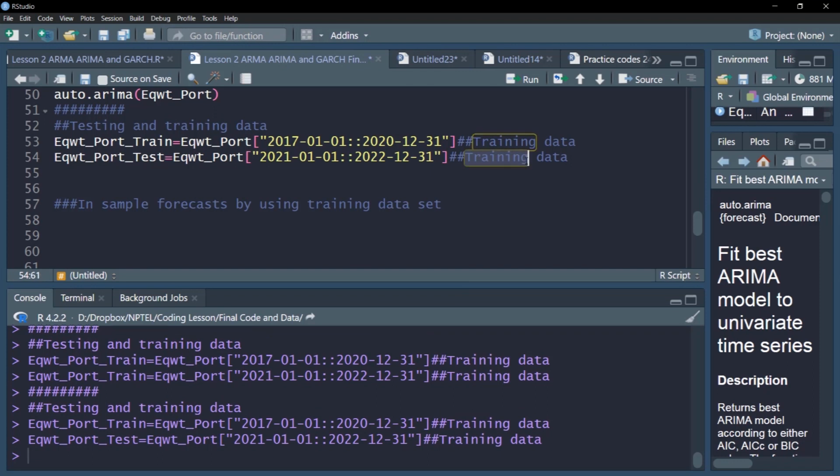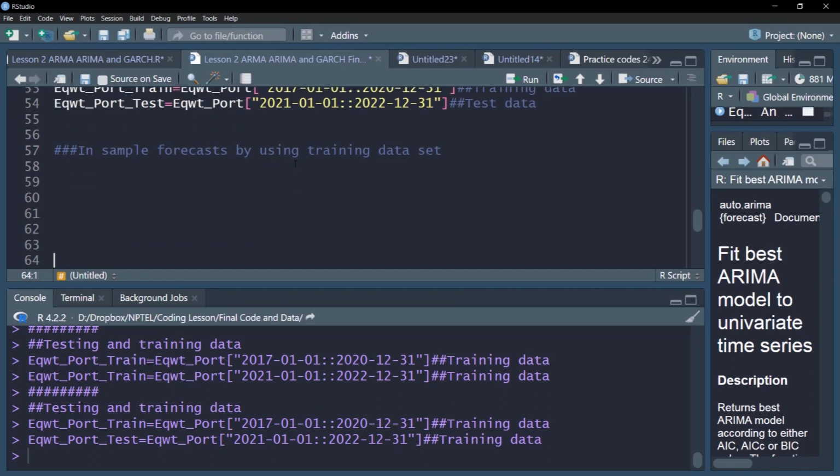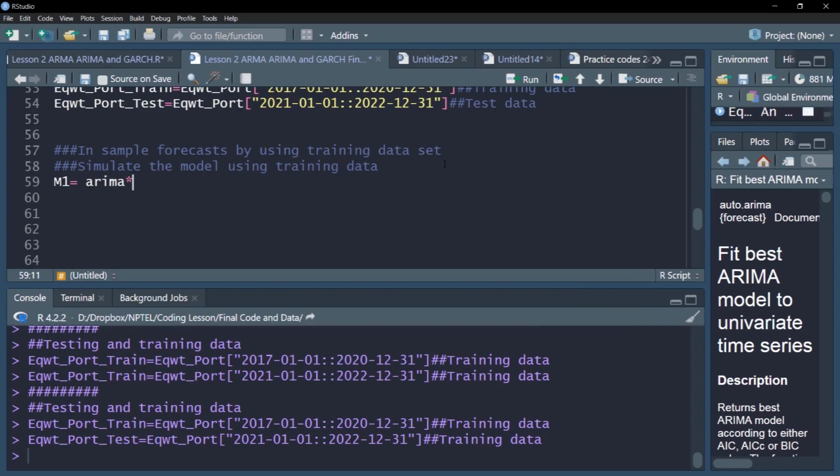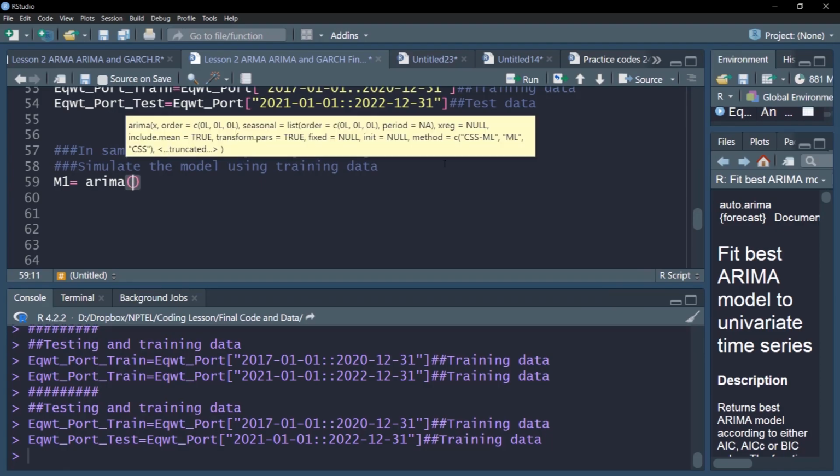So now I have my training data set available with me and I need to do the forecasting and then test them. So first I'll simulate the model using the training data. I will start with a very simple kind of ARMA model. Let's call it the ARMA M1 model, and in this ARIMA model, I am giving a very simple specification.